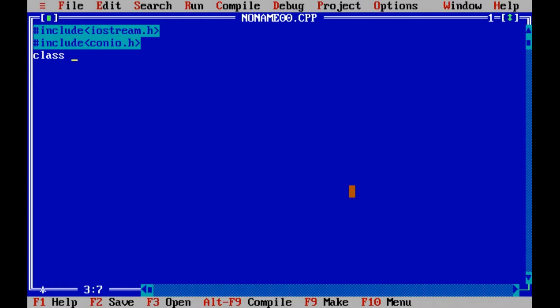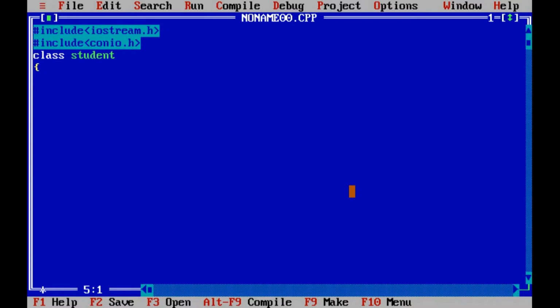After that we can write the name of the class. So we have a class named student. That means class, and after a space we write the name of the class. After this we can start the curly brackets for the class. Here, within the brackets, we have to declare all the data members and member functions of this class.